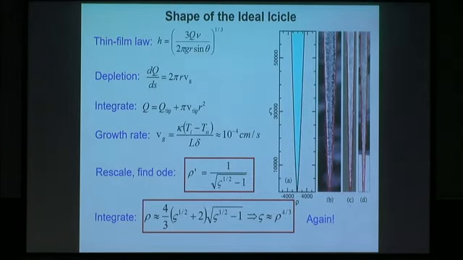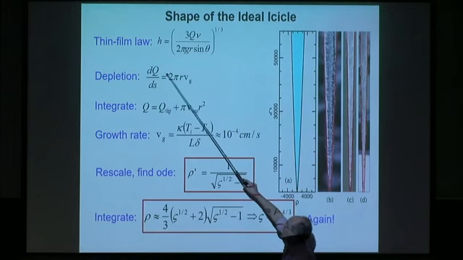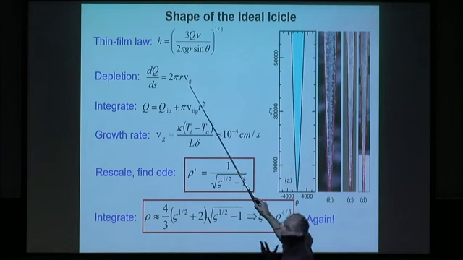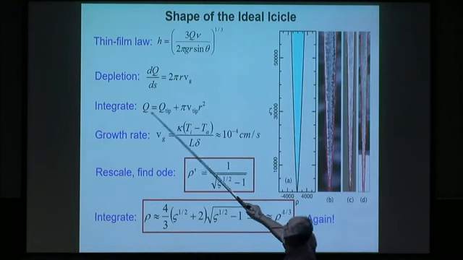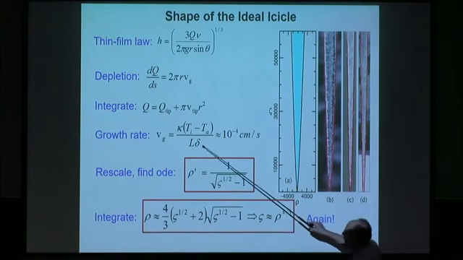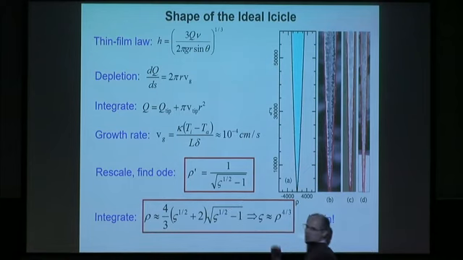The recipe is, here's the thickness of the fluid layer flowing down the icicle, the water. We know that as you go down, the flux of water is decreased by the rate of growth of the ice, so you can calculate the flux of water everywhere on the shape. We know the rate of growth goes like 1 over the thickness of the boundary layer. So you turn a crank, and lo and behold, the shape obeys this differential equation, which again has no parameters, and therefore there's a universal icicle shape lurking around.